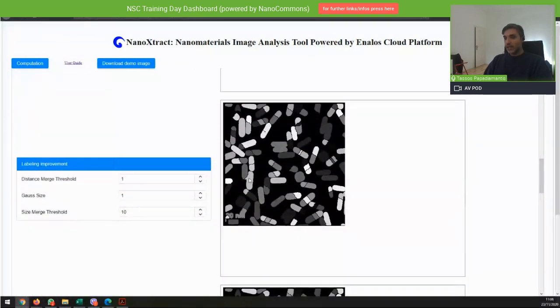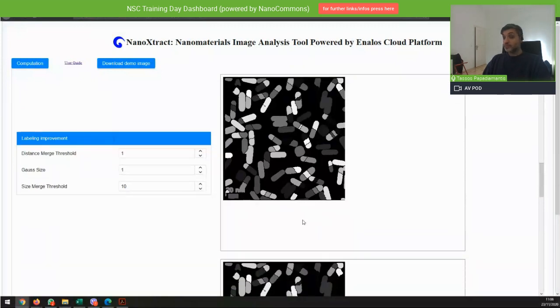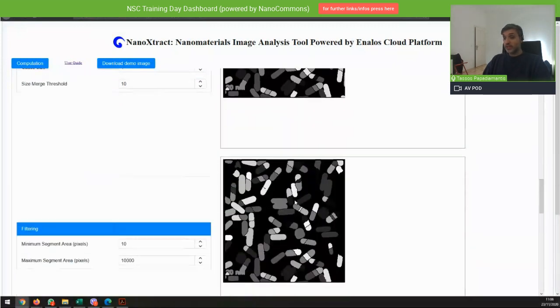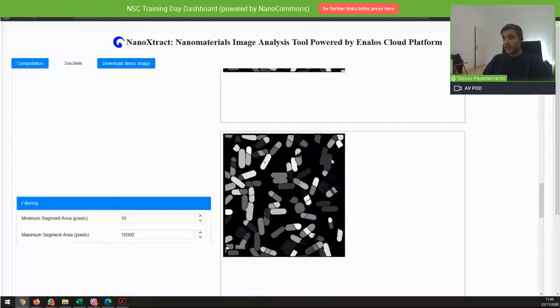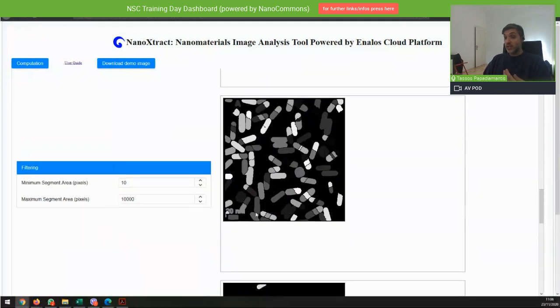And here things start to get a bit bad. As you can see, you have a lot of splitting for the nanomaterials, which means that here as well, we have aggregates. We have the rods being split into 2 or 3 parts.